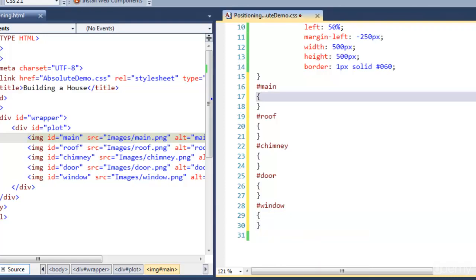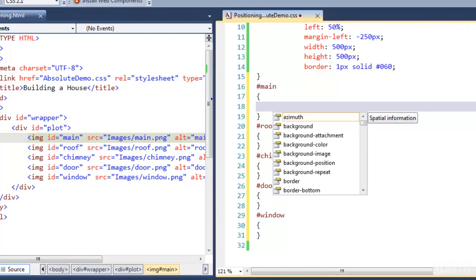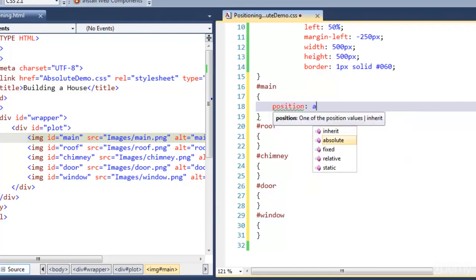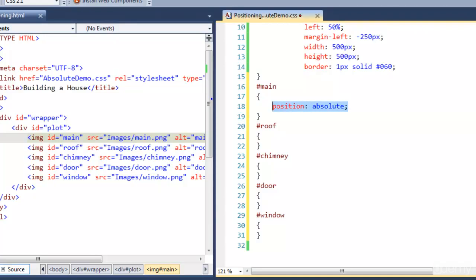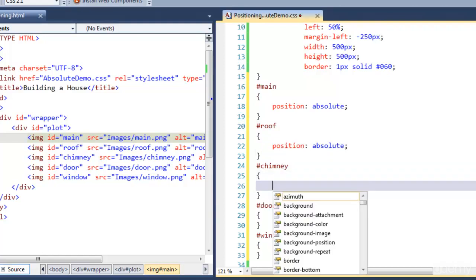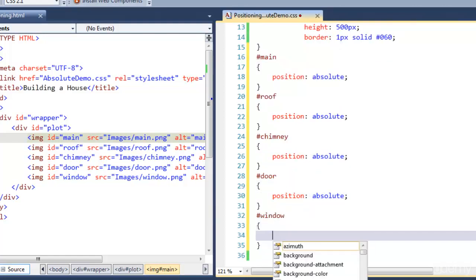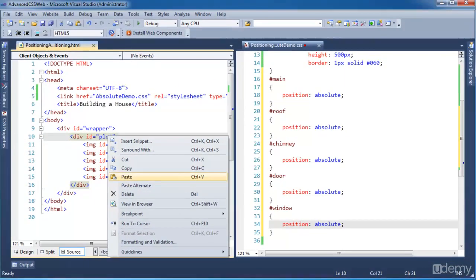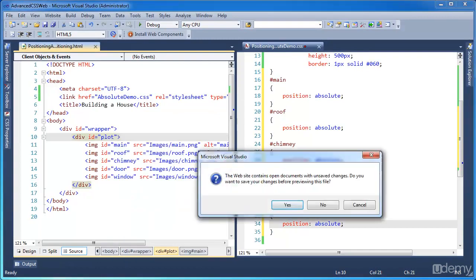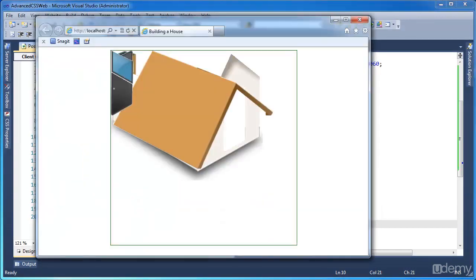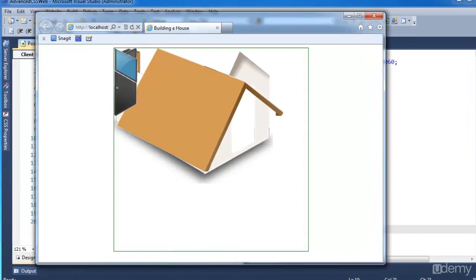Now I'm going to mark each one of these with the position setting and set it to absolute. Then I'll copy this line and paste it. And with just that change in place, let's take a look at what this has done. So when we look at it back in the browser, what the absolute setting does is it takes them out